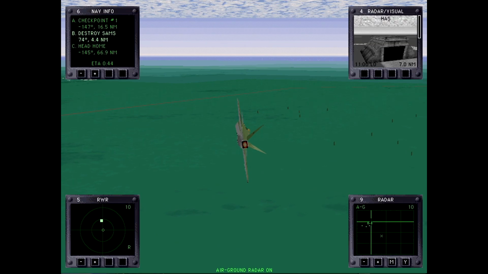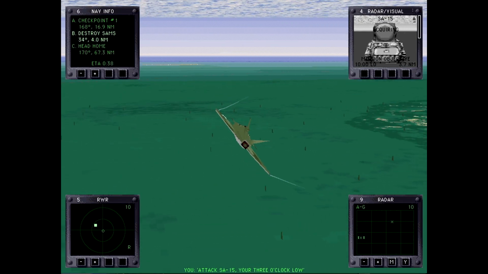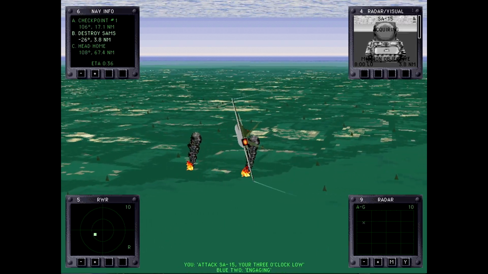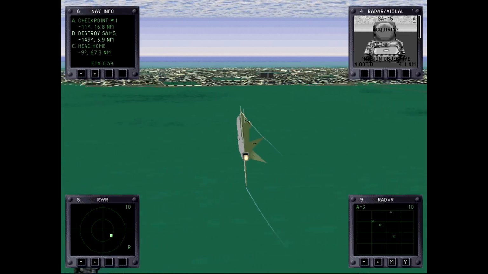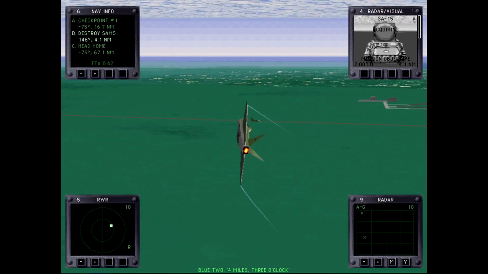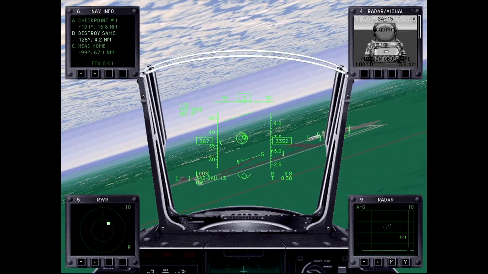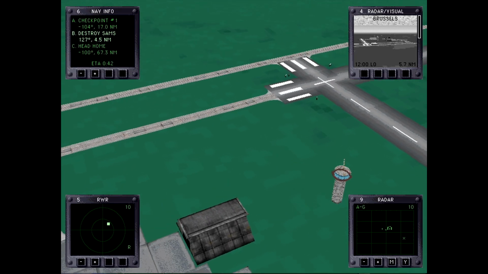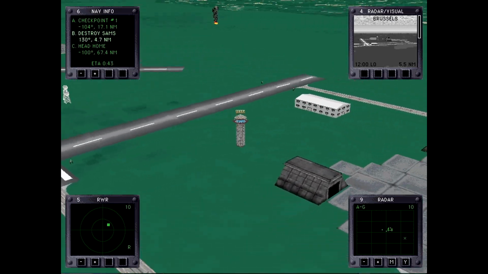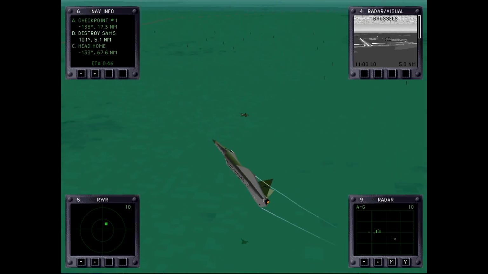Anyways, switch back to air-ground radar. Ah, there we go. Go attack him. I'll swing back around. Oh, someone ejected. Where is... There it is. I just want to quick check that, okay, no one's trying to take off, so...